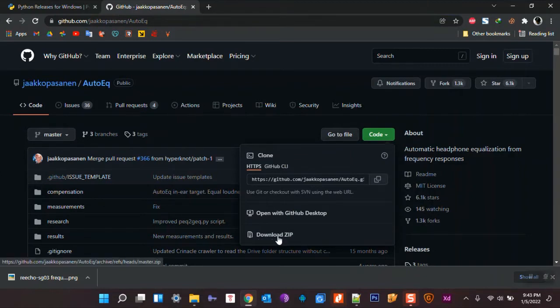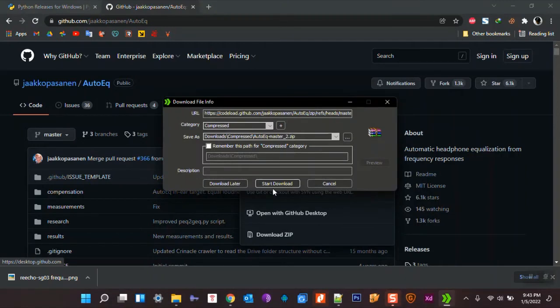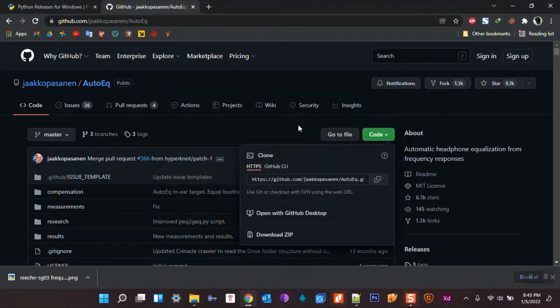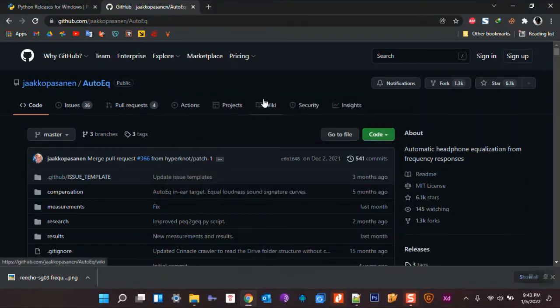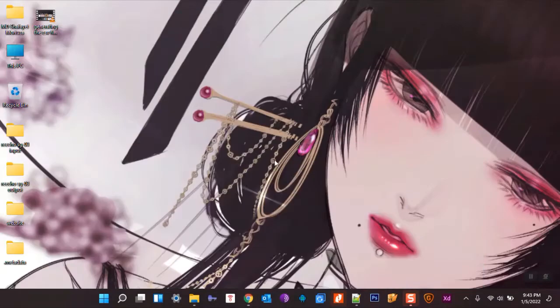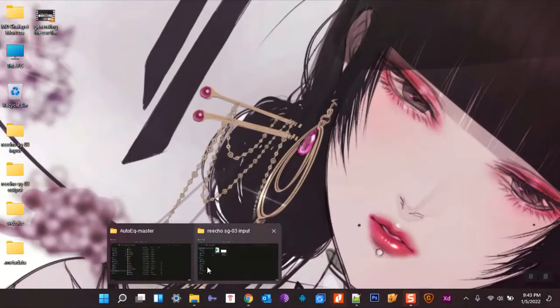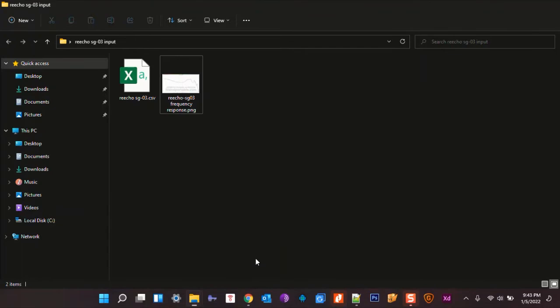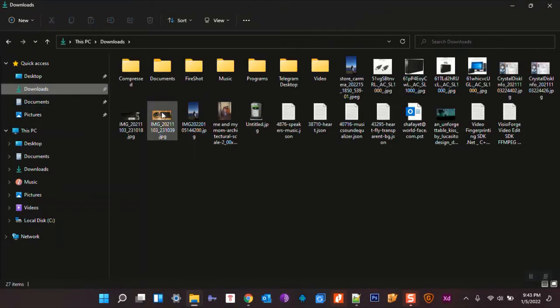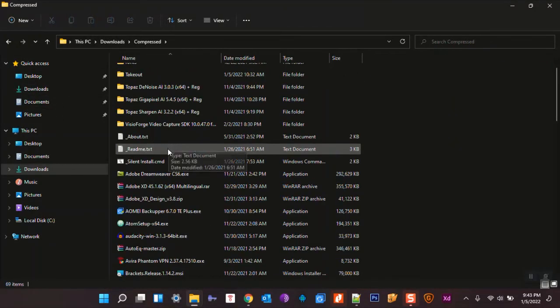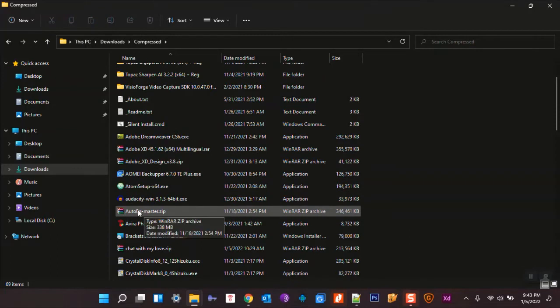Okay, now we are going to download autoeq from the page I shared already, download zip. I have already downloaded it, so I'm not going to download it right now. It's in my download folder. We have to go to download folder, and it's in compressed zip file,